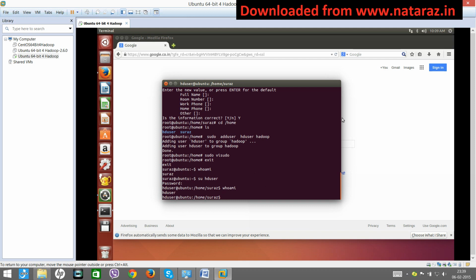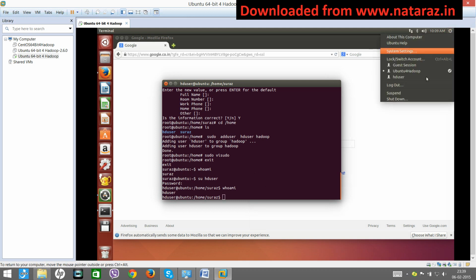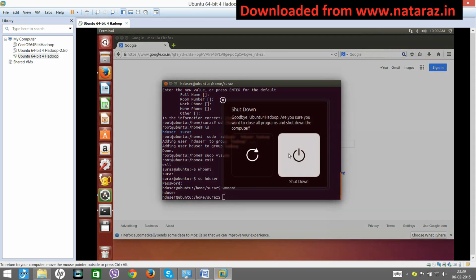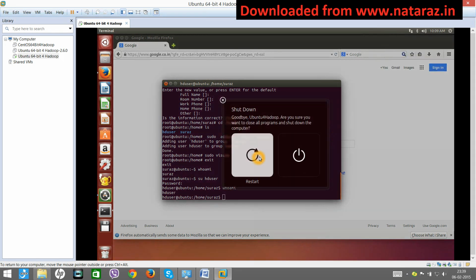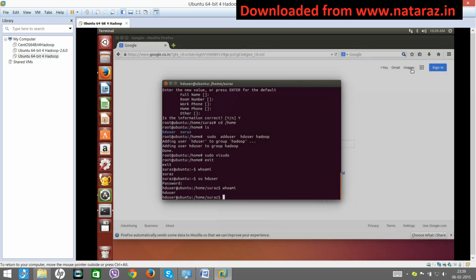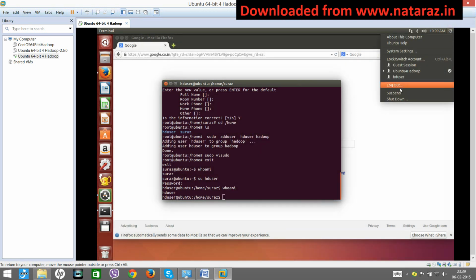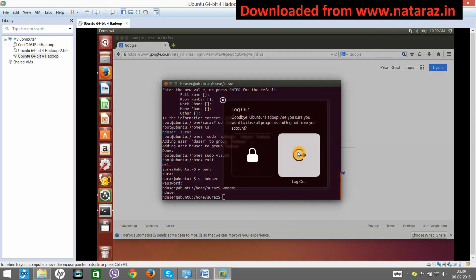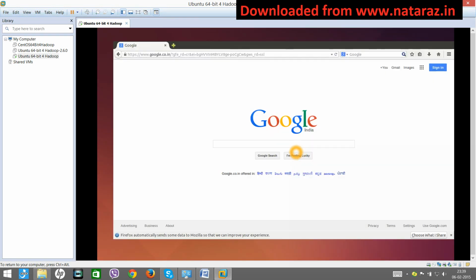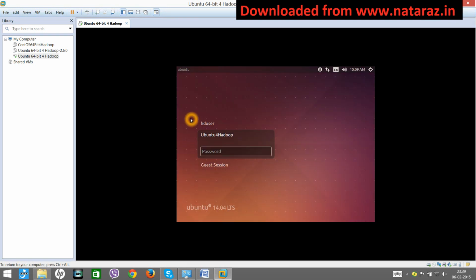Hadoop, SD user. You can do this, otherwise I'll suggest you say shutdown. I will not restart. Let me cancel this operation. We'll say log out. Okay, now you go to SD user and say Hadoop.